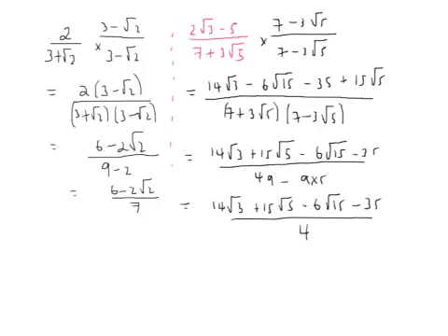So if I've got 2 over 3 plus root 2 and I want to rationalise it, I want to make the denominator rational because at the moment it's irrational because it contains surds. So I need to multiply by its conjugate. What its conjugate means is exactly the same thing as what you have here, but I swap the sign